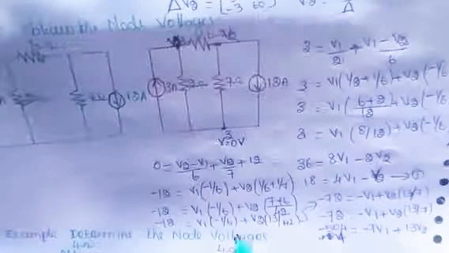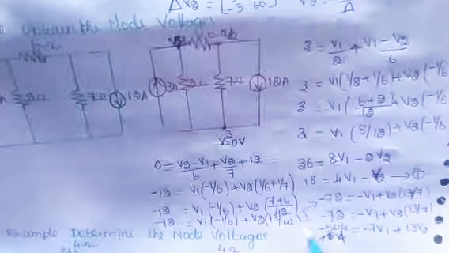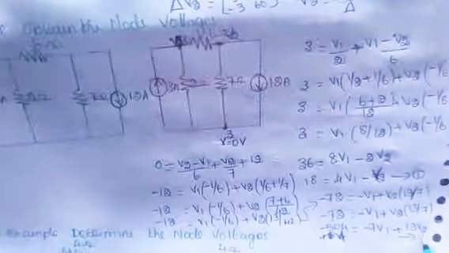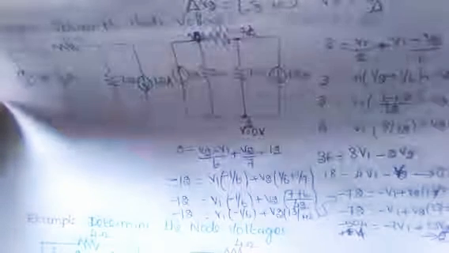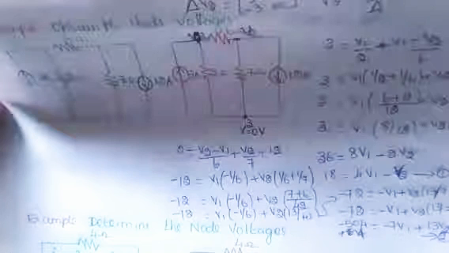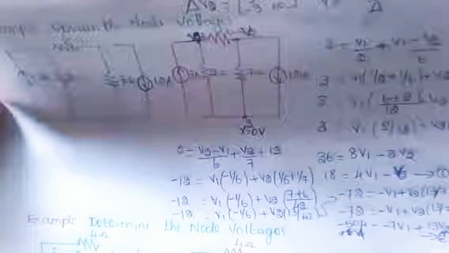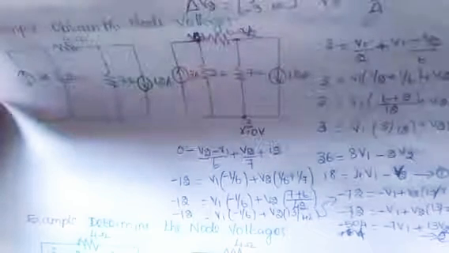When multiplying the whole equation by 6, you will be getting this equation. Again, when you are multiplying the whole equation by 7, you will be getting this equation. So this is the second equation. We can adopt any method, elimination method or substitution method or Cramer's rule to find the V1 and V2 value. In this question, I am using substitution method.